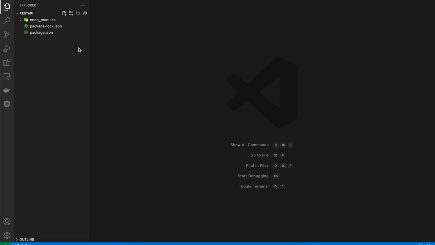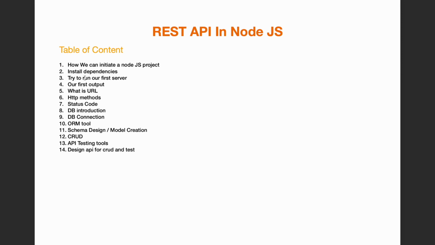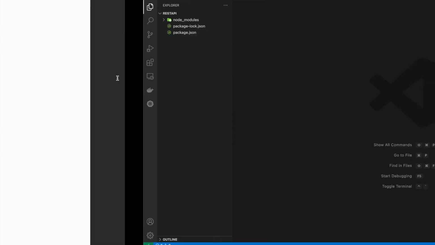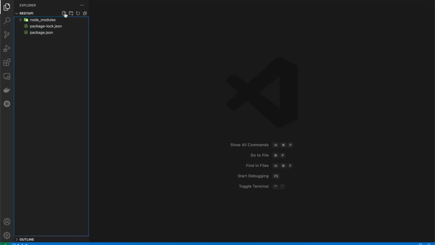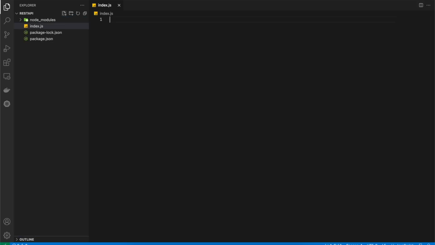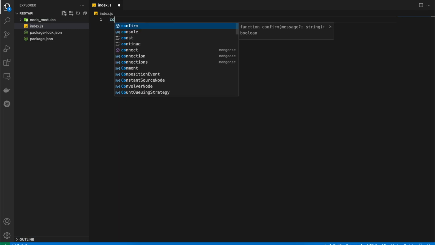So the next step is we need to create a first server. For creating the first server, we need to create one entry point of the Node.js project, that is index.js. I am creating index.js. If you want to put any other name, you can provide that name itself. It's not mandatory that it be index.js. And once you create the file, the first statement is: